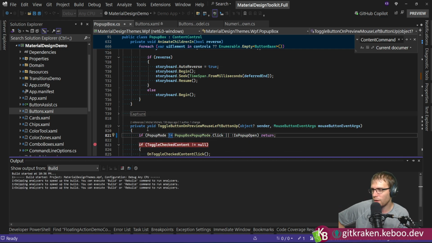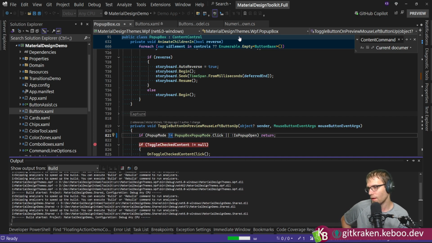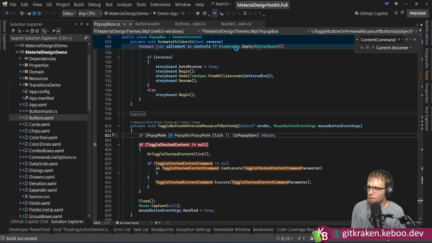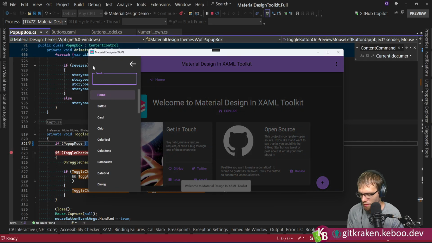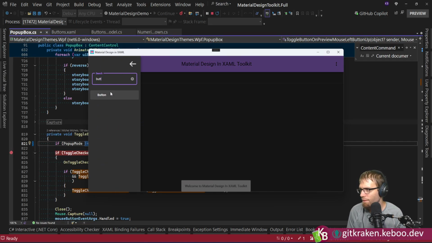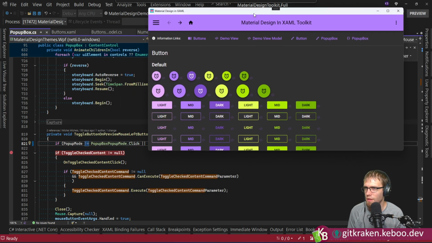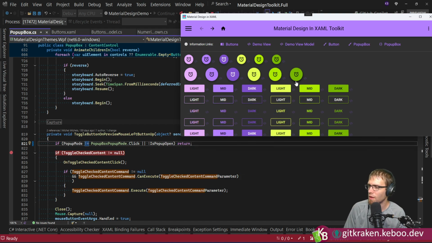Boy, it's clearly a feature that doesn't get used a lot if it's backwards. Because this is preview mouse left button up. This is a good example of what I was talking about earlier: should there be a test? Well, if there's bugs,